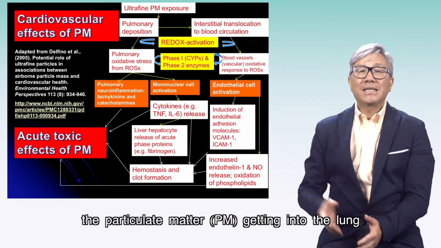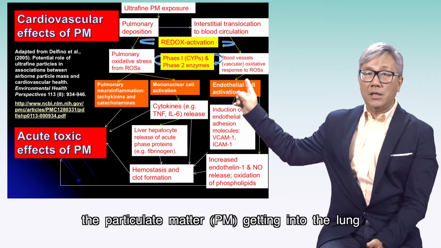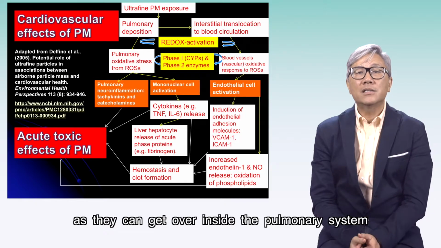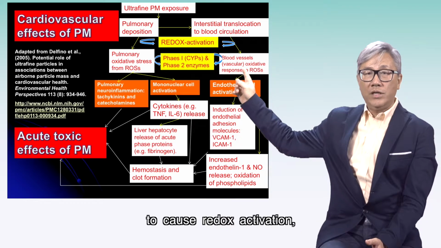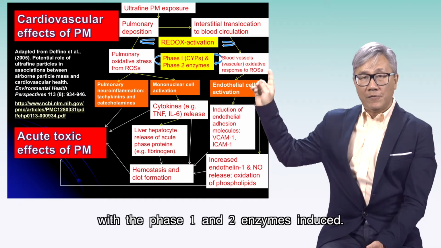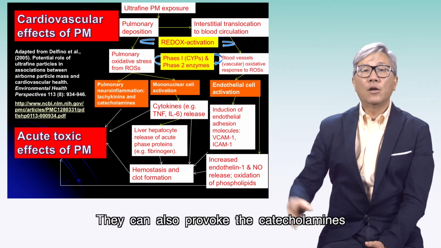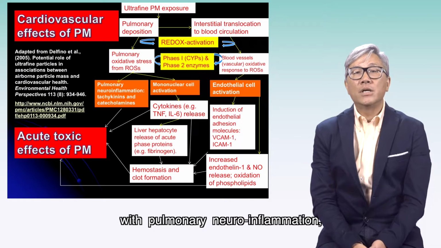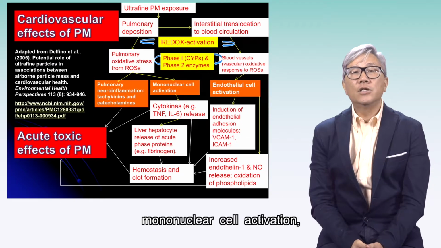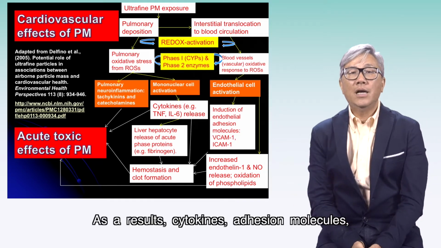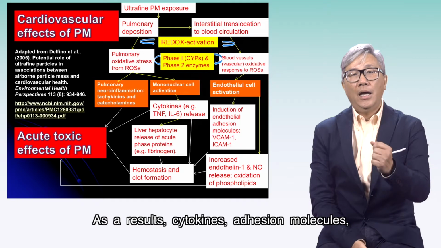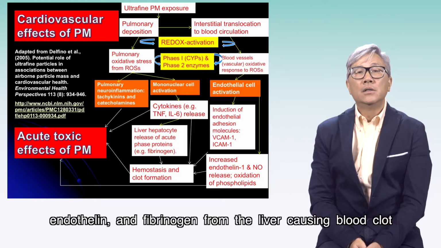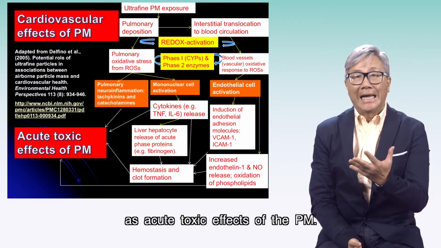In summary, the particulate matter PM getting into the lung can cause cardiovascular effects as they can get over inside the pulmonary system to cause redox activation with the phase 1 and 2 enzymes induced. They can also provoke the catecholamines with pulmonary neuroinflammation, mononuclear cell activation, and endothelial cell activation. As a result, cytokines, adhesion molecules, endothelin, and fibrinogen from the liver cause blood clots as acute toxic effects of